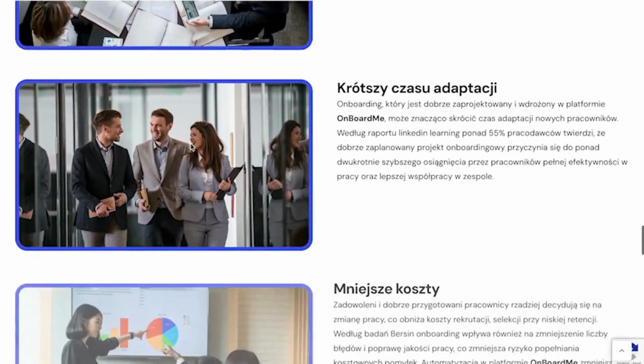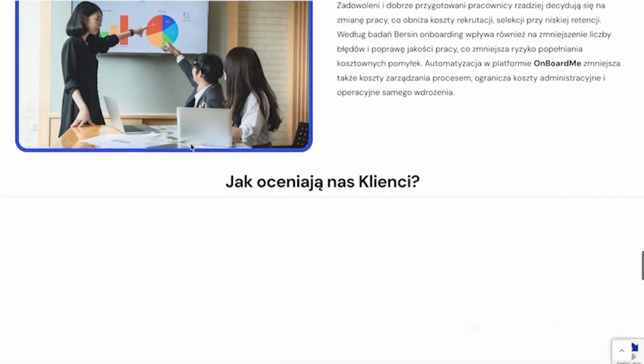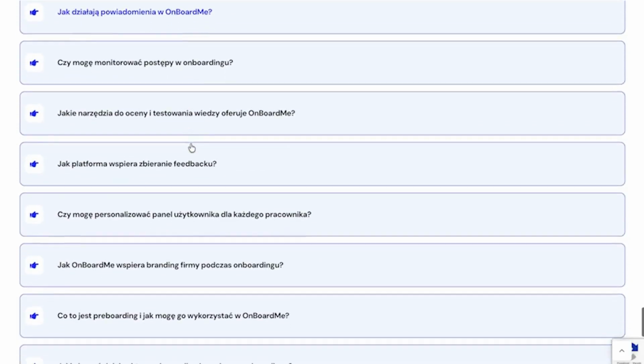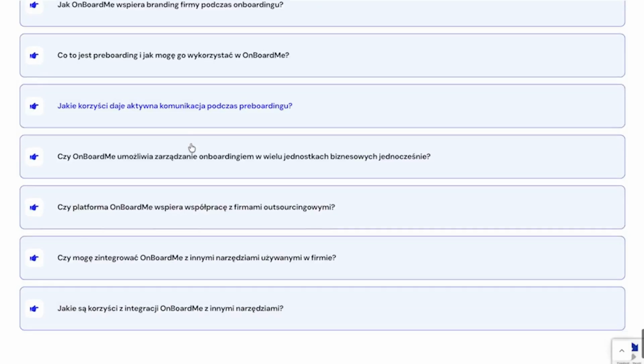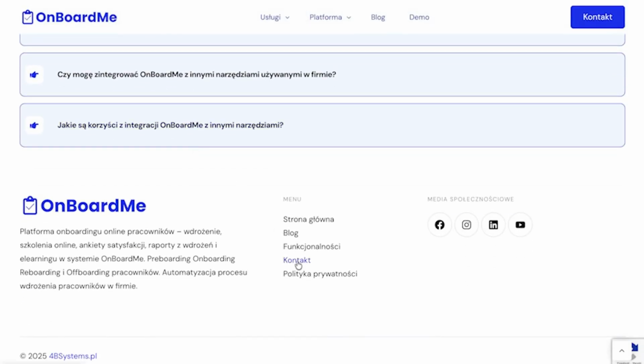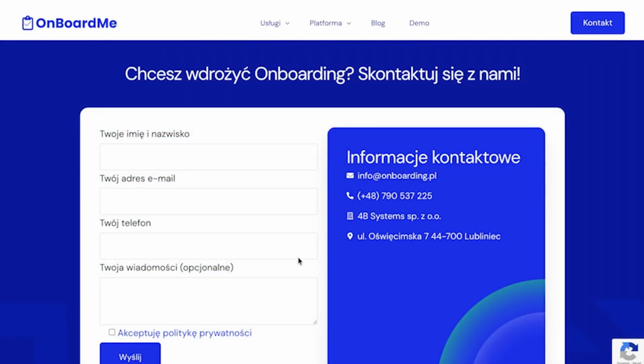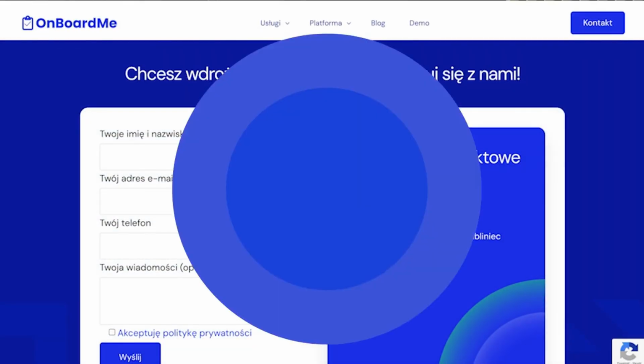Another task could be training, for example, health and safety training. He has to mark that he has completed it. There could also be training related to work standards. And now what we did was connect the onboarding platform with micro-learning. That is what worked for us in large organizations. Not full learning platforms, but micro-learning.